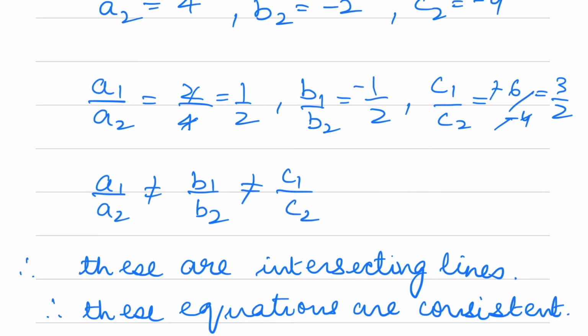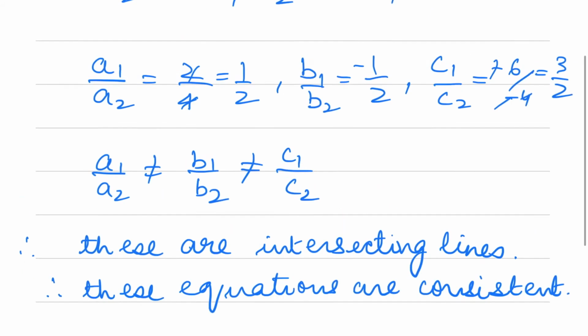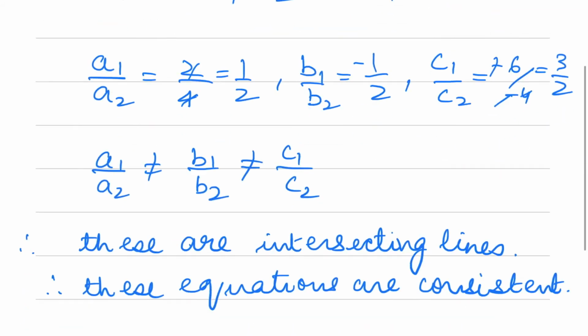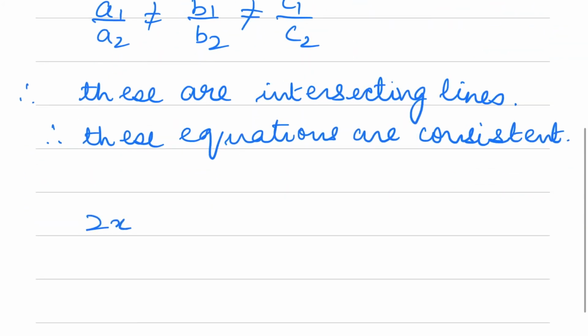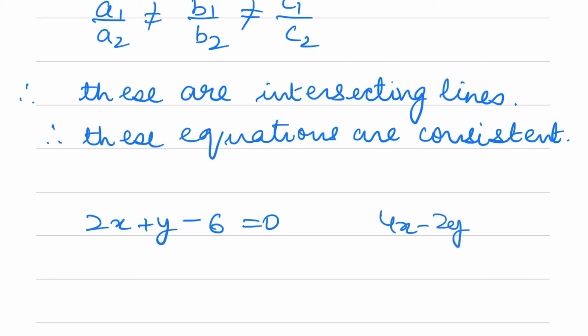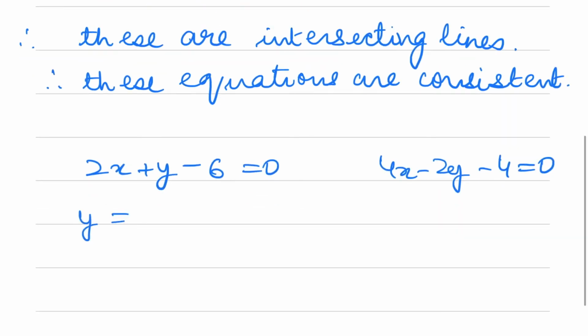So as these equations are consistent, we have to find the solution graphically. So let's write down these equations and find the coordinates. So 2x plus y minus 6 is equal to 0. Second equation is 4x minus 2y minus 4 is equal to 0. So y would be equal to 6 minus 2x, and here 2y is equal to 4x minus 4,